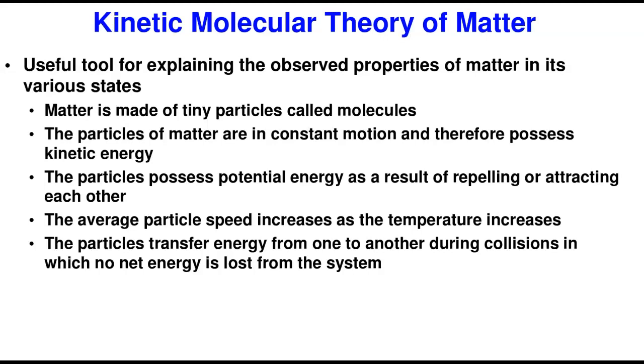Now, there are important assumptions that we're going to look at. The model says they include the following assumptions. There are about 5 of them. Number 1, it says matter is made up of tiny particles. Yes, this is very correct. Every matter is made up of tiny particles called molecules, and these molecules are made up of atoms. Every matter is made up of this.